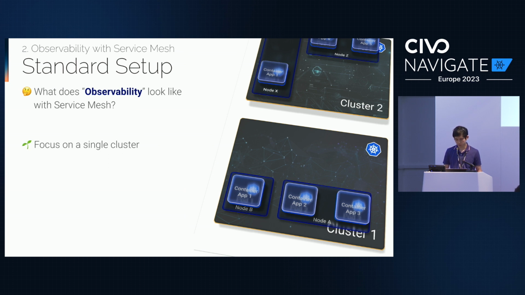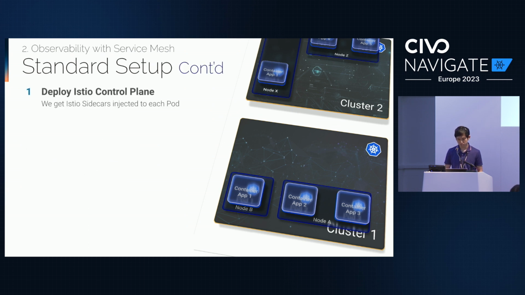We'll look at one cluster and see how it really looks with Istio in place. So deploy Istio and Prometheus, and visualize all the connections just to see what it looks like from an observability perspective. First of all, deploy the Istio control plane. If you deploy Istio, you will get sidecars in most scenarios. There are a few other things that happened in recent years where Istio doesn't have to have a sidecar, but I'm going to talk about that in a bit. But in the standard setup, you would get the Istio sidecar, which is an Envoy.